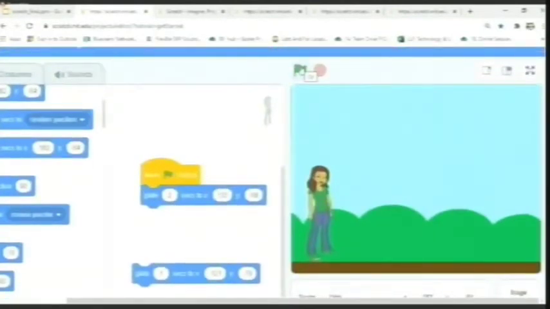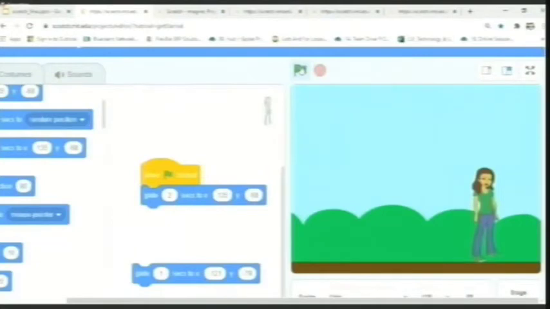Let's run the program and see what happens. There she goes, gliding across the screen. Okay, so that is our first animation that we have accomplished. Now, since Abby has already moved across the screen, I am going to drop her back on the initial position, and I want something a little more interesting to happen. Not just stand there or move, I want her to say something.